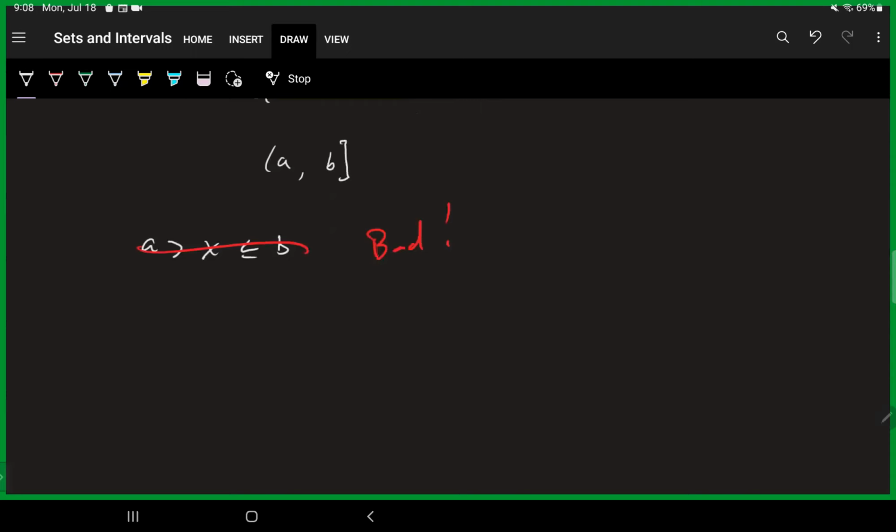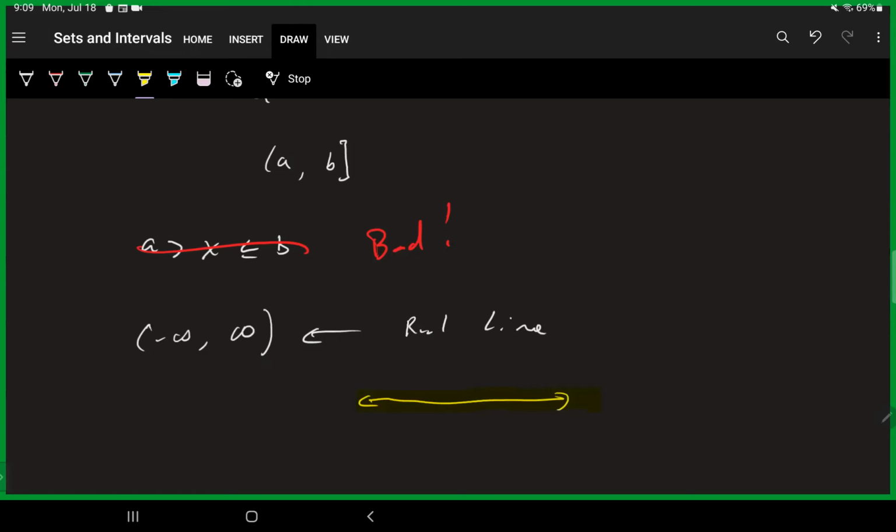I already said that we never include infinity. So this doesn't make sense. If I'm going from -infinity to infinity, which actually we need to talk about, that's a special case here. We don't include infinity, so that should be round parentheses. And just so you know, this is the entire real line. And if I were to draw it, I would shade the whole thing. I wouldn't have any points highlighted. I don't need any points highlighted.